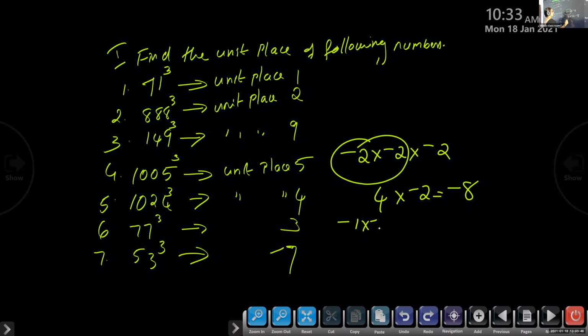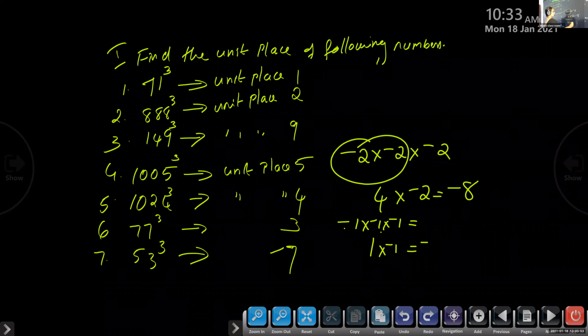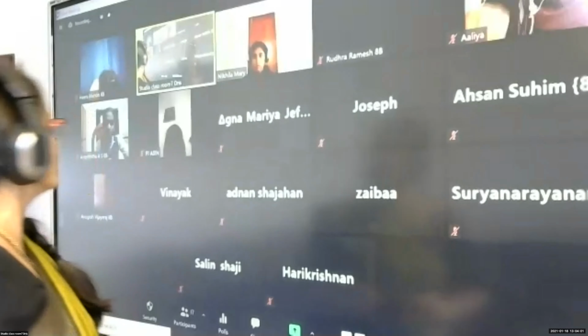Negative 1 into negative 1 into negative 1 is what? Negative into negative 1 is 1. 1 into negative 1 is again negative 1. Cube of a negative number is negative. Is it clear, all those properties, all of you? Yes, ma'am. Okay. Now,